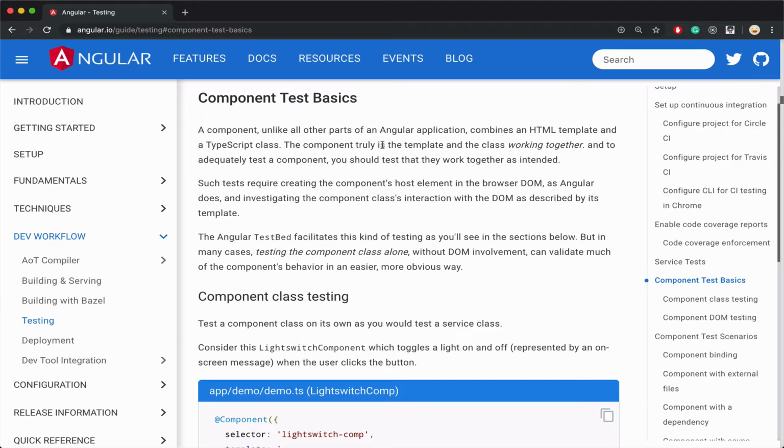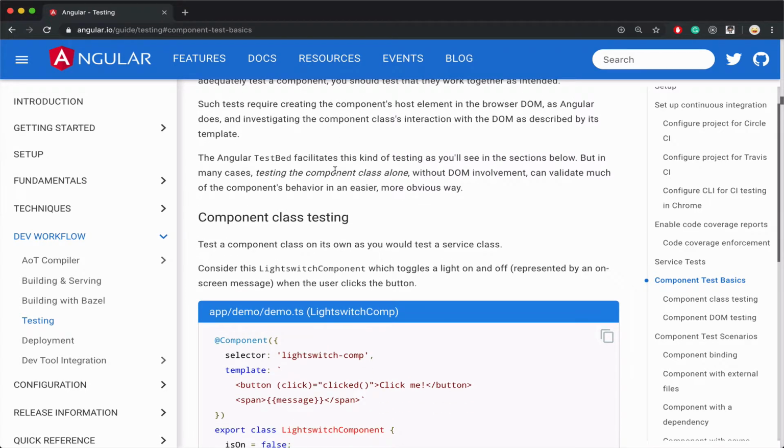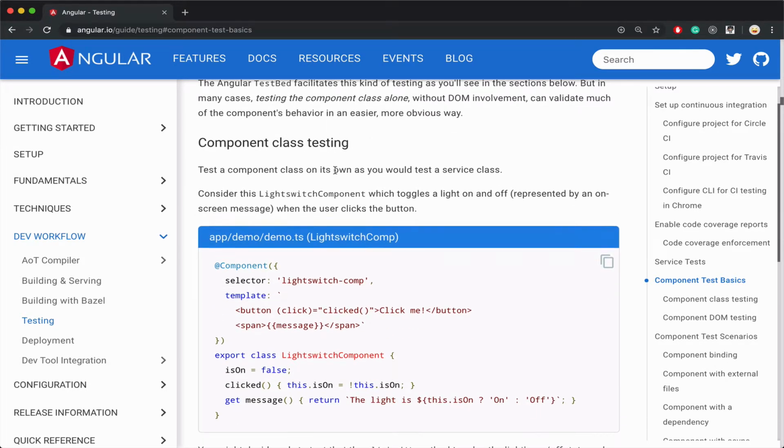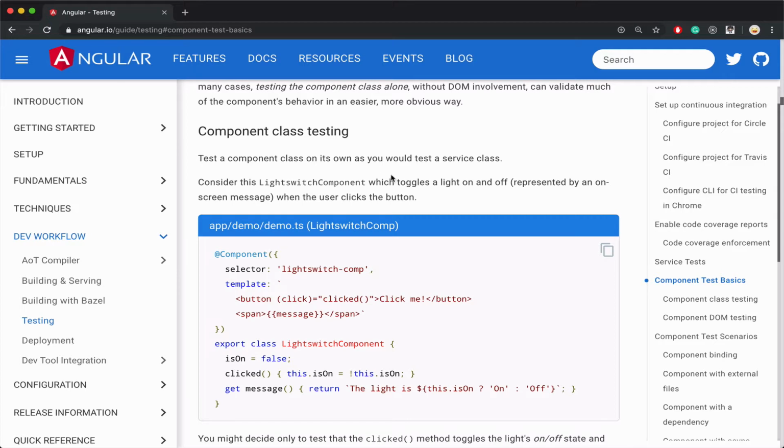All right, we talked about testing Angular services, and now let's look at the part of the guide that talks about component testing. So the first portion of it here is mentioning testing things without asserting against manipulated DOM of the component. Because imagine that,